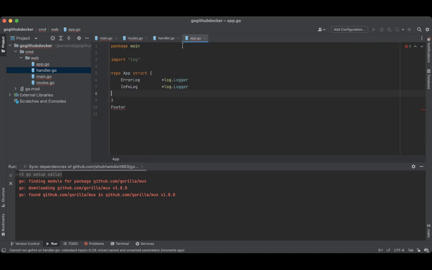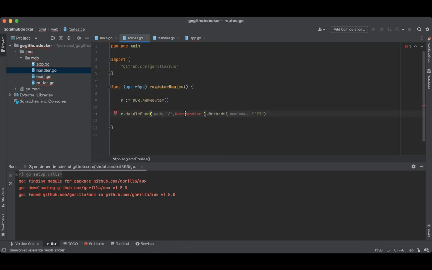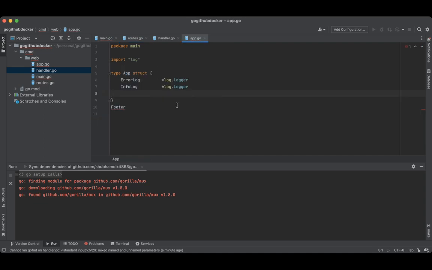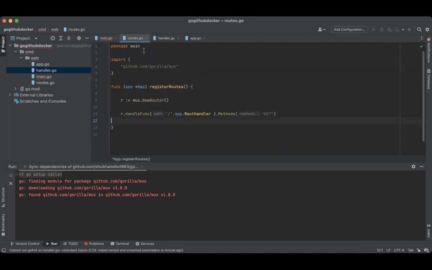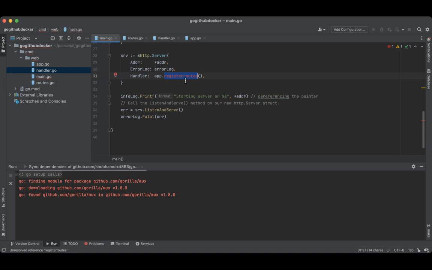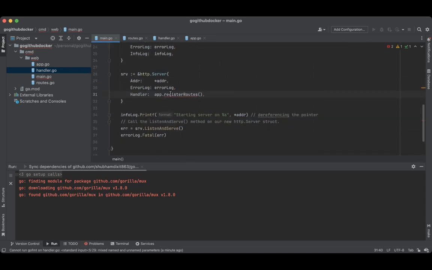And I think the package is fine. It is showing red, it is asking me to create rootHandler. Okay, so we don't have to use rootHandler like this. Obviously, we have to use app.rootHandler, and it would be working, right? So now we are good to go, and we don't need these extra lines. Now in here, we have to use registerRoutes. I think the spelling is wrong, so it should be registerRoutes. Right, now we are good to go. I think app.registerRoutes,